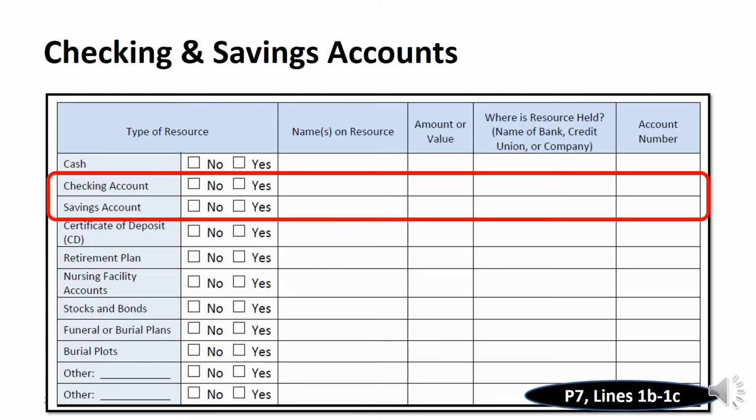Checking and savings account. KDHE needs copies of your checking account. You should send copies of your itemized statements with a full month of activity. You'll want to provide statements for each month you're requesting coverage. So if you have more than one checking account, also please use the extra lines in this section labeled Other or add another page. For example, on your checking account, if you have a debit card, KDHE will ask you for your updated checking accounts, and they'll want a full month's activity for every month you're applying.